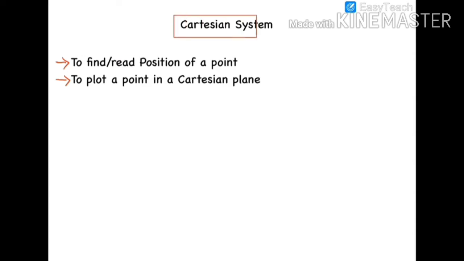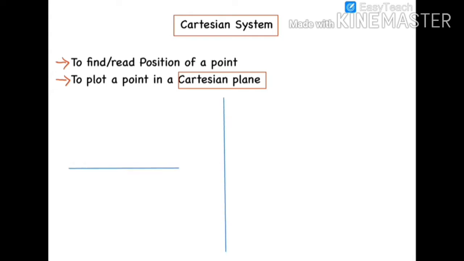This system is called the Cartesian system, and the plane in which we plot the point is called the Cartesian plane. So a plane that is divided into 4 parts by drawing these two perpendicular lines is called a Cartesian plane. The line which is horizontal